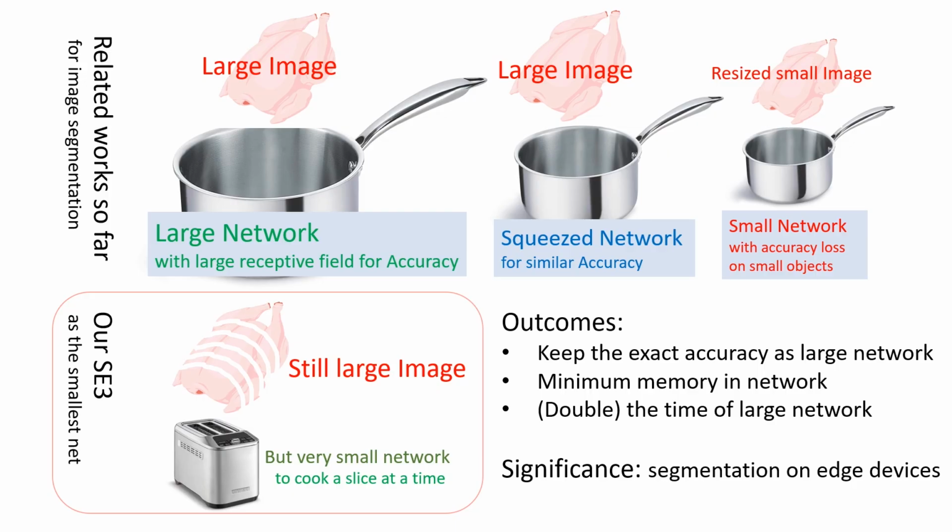It's like cooking, but we are not cooking separately on each piece. We have connection memories to maintain the global dependencies between slices. So eventually we keep the accuracy the same as the patch mode, but use much less memory for the